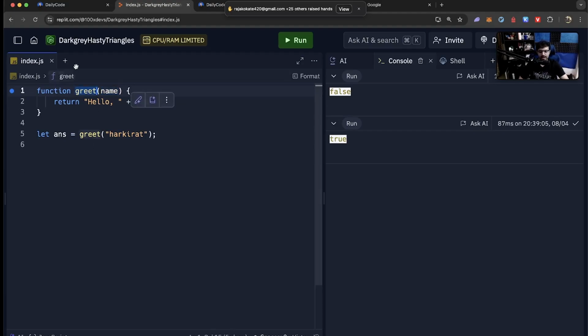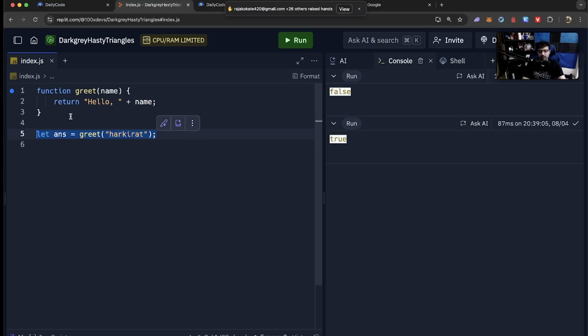In this case, I give it a name. Here you are supposed to greet a person. You are supposed to say hello to the person. So I give it the name of the person. Here Harkirat ko hello bolna hai. And what does the function do? It returns you another string with hello appended to the name. I repeat, it returns you hello Harkirat in this case. You might ask, Harkirat, this sounds so dumb. Why would you not do this directly? Okay, let answer equal to hello Harkirat. Why are you not doing this? Why are you creating a separate function which does the same thing? It just adds hello in front of the name.